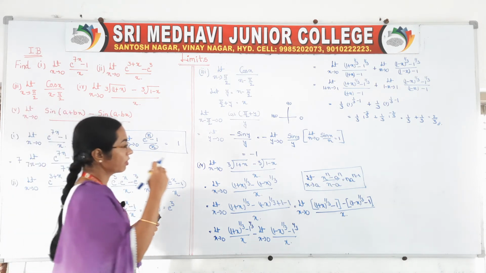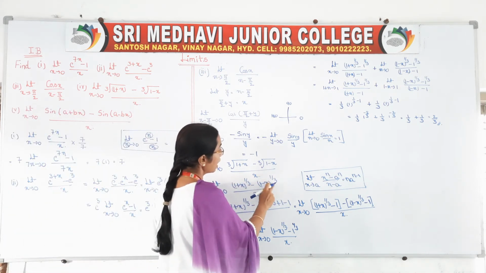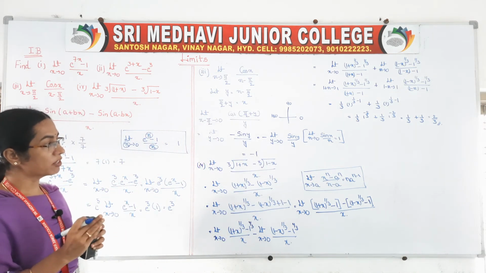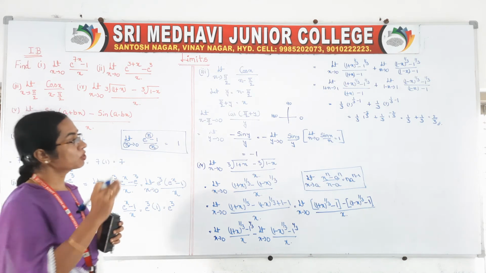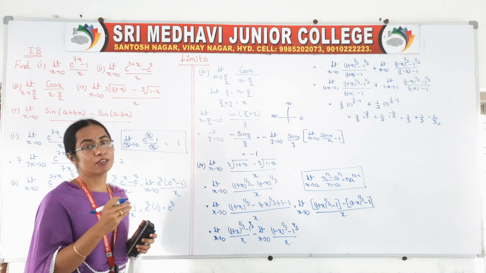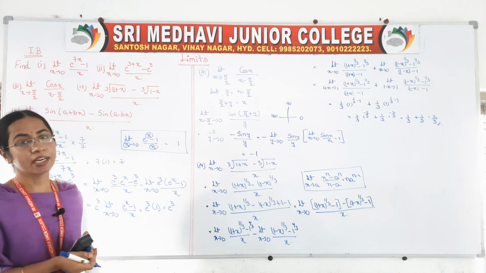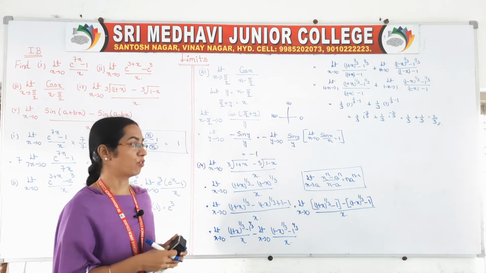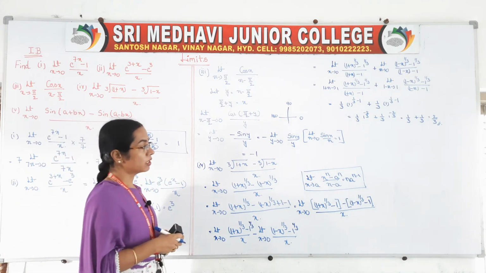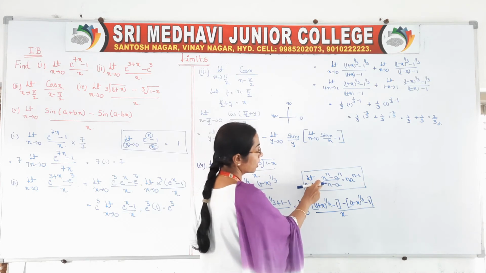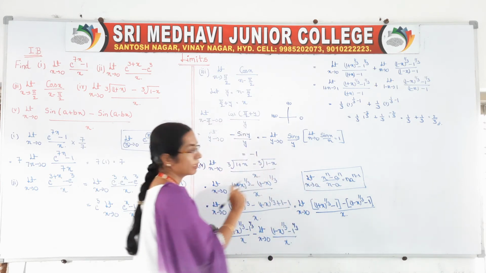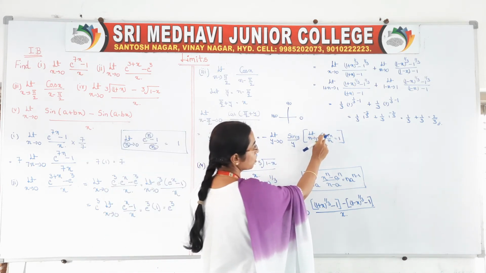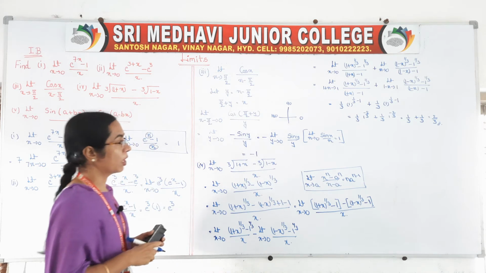Okay, so very simple. Just first you write this in power form and try to reduce. It is not in our standard form. We are having some standard formulas. Suppose the given problem is not in standard form, we have to reduce it into standard form. Once it comes into standard form, apply the formula. If powers are there, generally we will go for this standard formula to solve the problem.